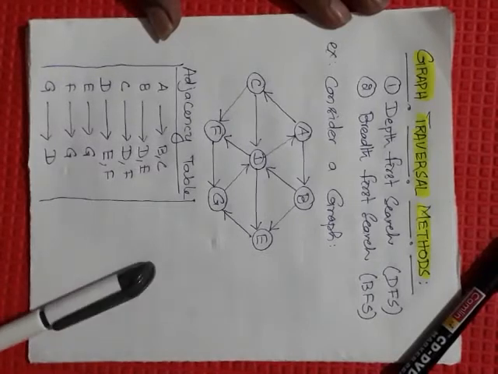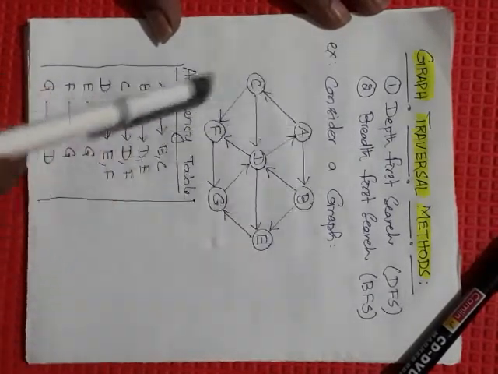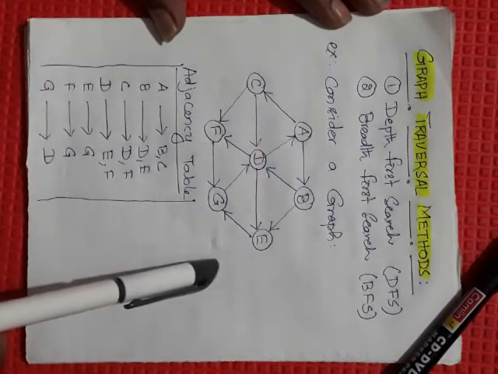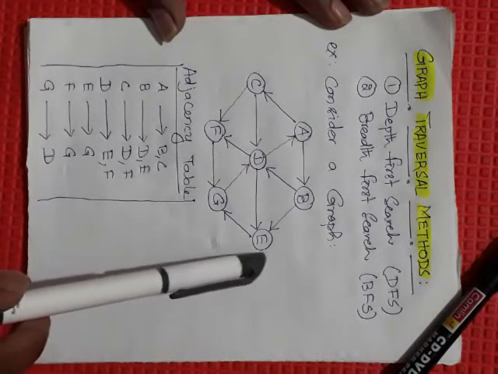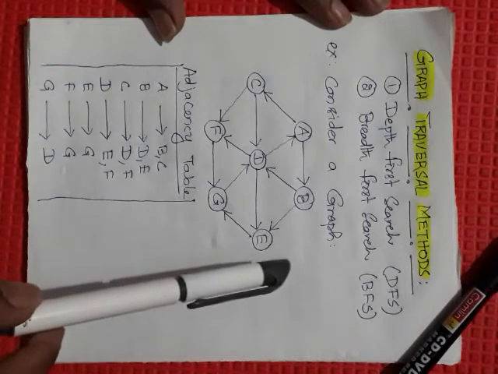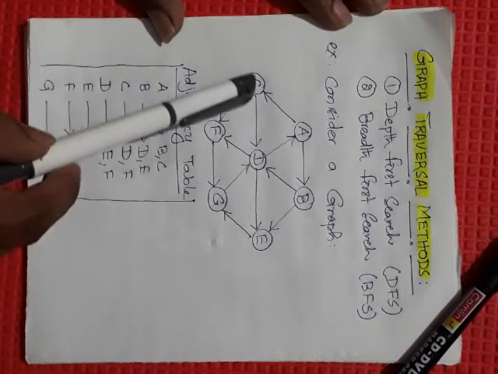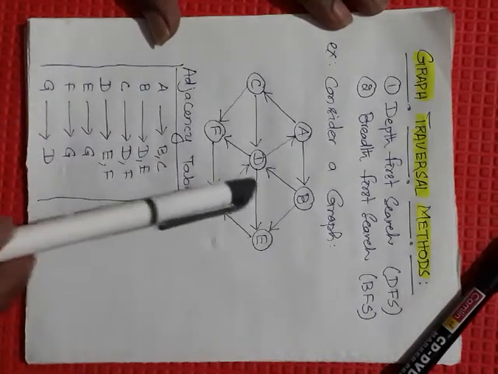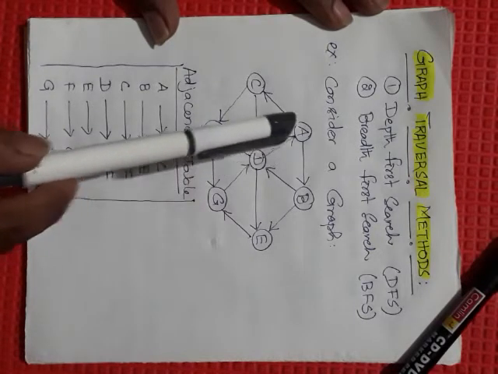To discuss this graph traversal method, let us consider this graph. We have already said that it needs to be a connected graph. If it is not a connected graph, no problem, but you need to start with a node, and from that node there must be some outgoing edge, then only we can start. Here it is almost a connected graph. You can see from every node there are some outgoing edges. For this graph I have thought of node A as the first node.